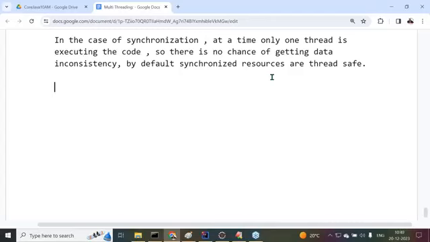Anyway, let's move to the point. In the case of synchronization, at a time only one thread is executing the code, so there is no chance of getting data inconsistency. By default, synchronized resources are thread safe. And one more point: I'm still using the workshop link only.